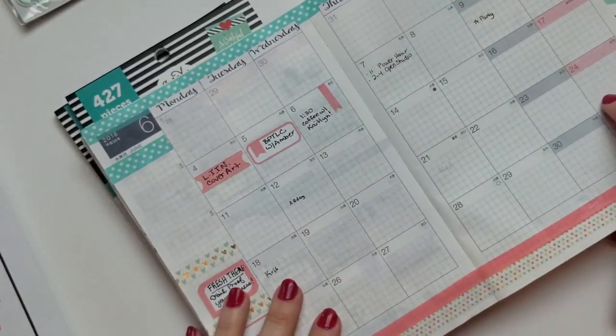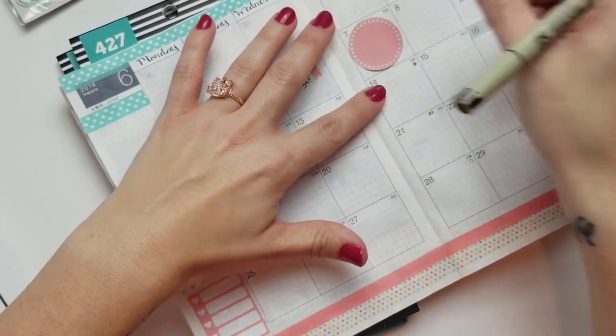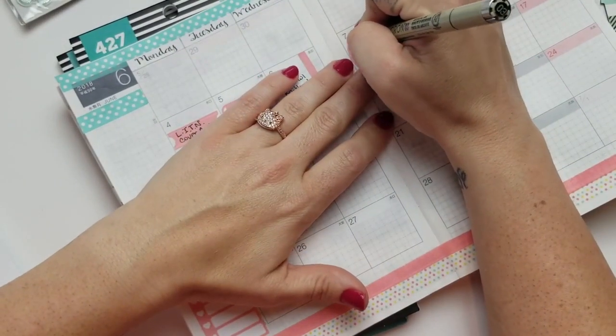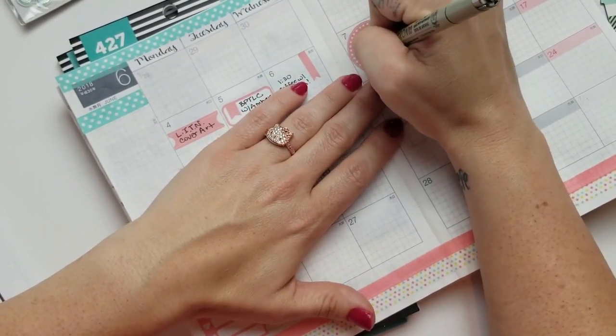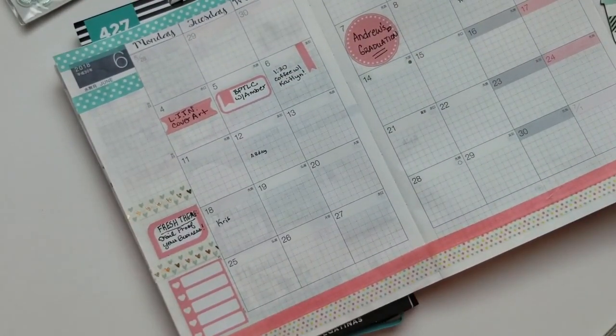So I marked that as well. And then I'm getting coffee with a new business friend of mine, a local graphic designer, on Wednesday. So I wrote that in. And then on the 7th is that power hour and everything I was talking about for Freshly Implemented, but I